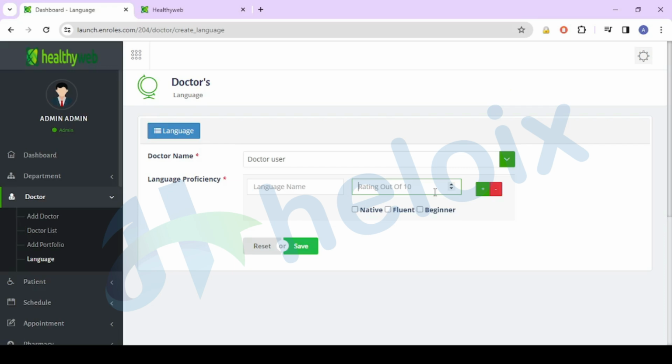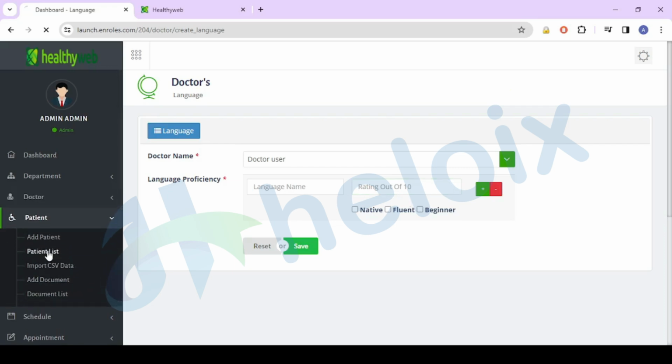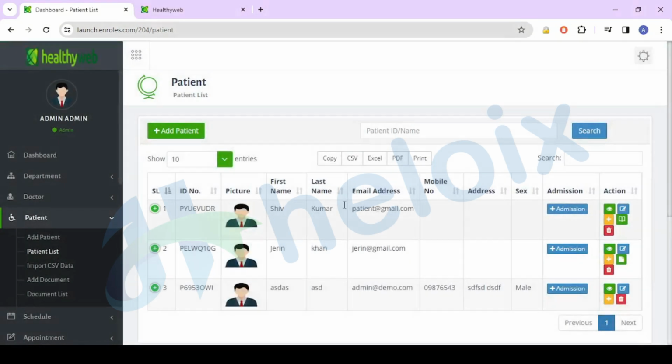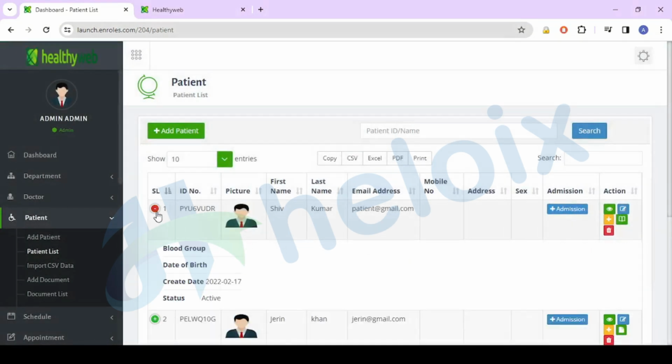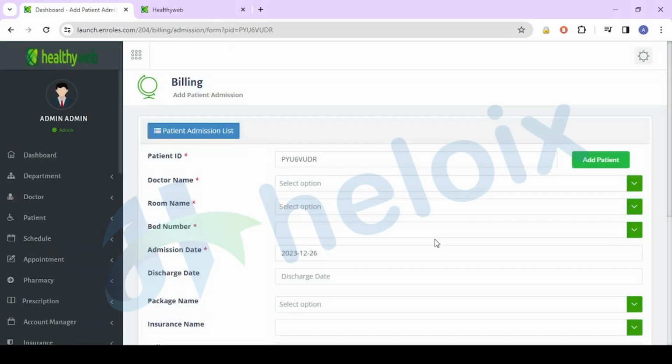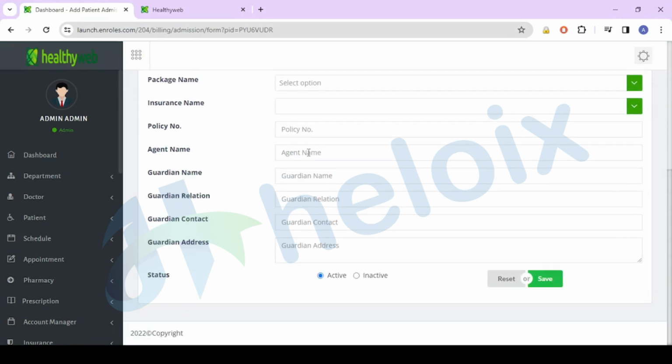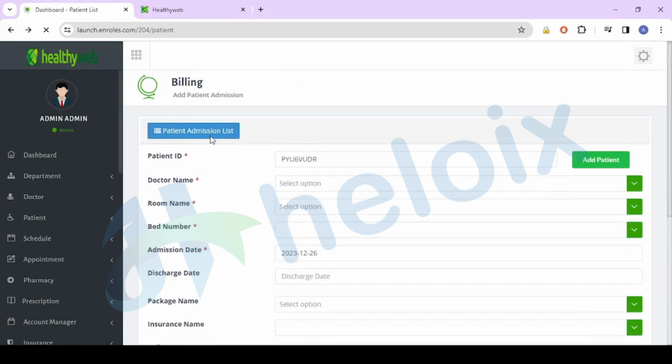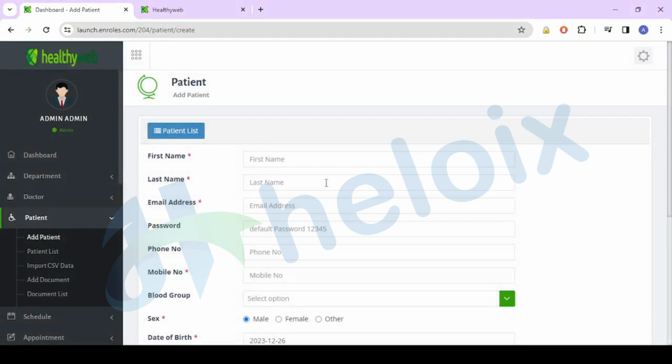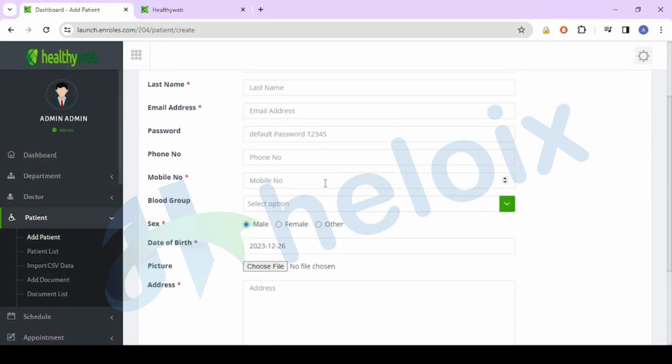After that we have patients. So here you can check the patients list. These are patients which we have created. If I click here, then we can check blood group, date of birth, etc. Here you can check prescription, case manager, delete, edit, or view options. If I want to add, then I can add as well. This is the payment unique ID, patient's unique ID, and here you can check other details. If you want to create, then you can create as well. With this data you can create easily.